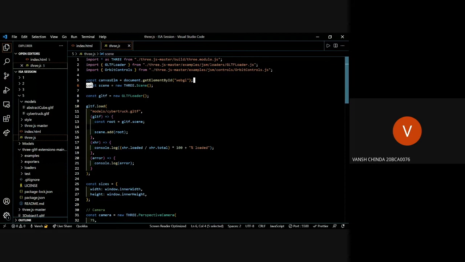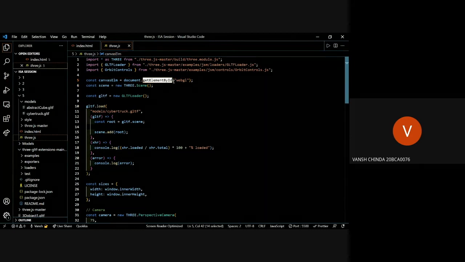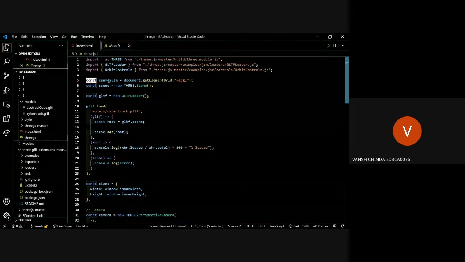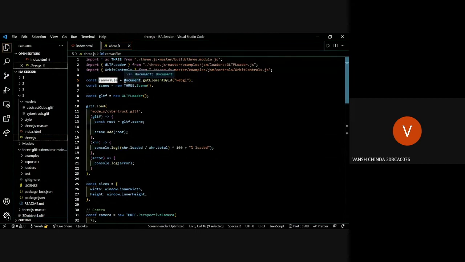If you know HTML before, you may know how we use this function to get the element from a document. But I'll explain it again. So we are basically using a constant to define a canvas element that we'll use, and getting the element by ID.